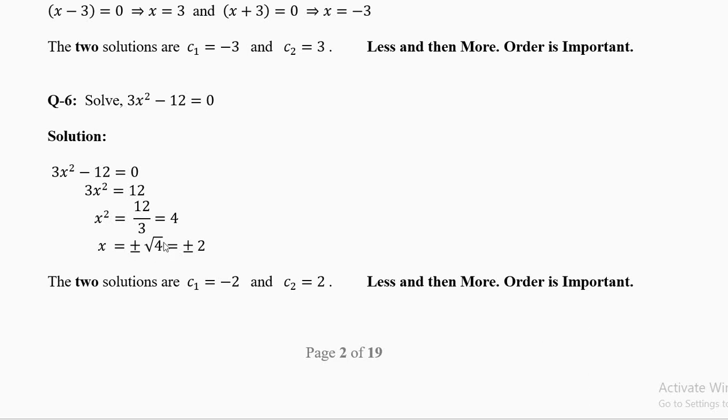Whenever while solving the equations we take square root, remember to write two roots, plus and minus. Your calculators are unlikely to write plus and minus. Some calculators can do that. You have to do it yourself by hand. So the two solutions are −2 and +2. Just remember, in algebraic equations, if the power is 2, look for 2 solutions. If the power is 3, look for 3 solutions.